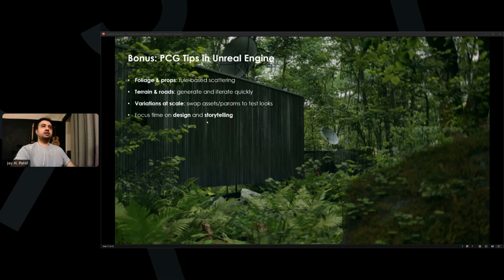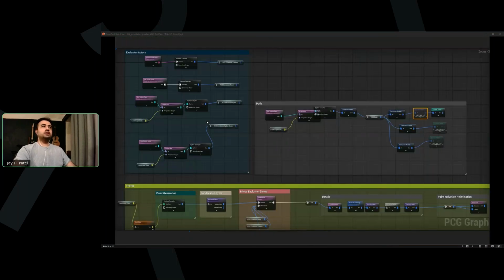So I'll show a screenshot of one of my blueprints I'm developing for PCG, and this section is the scattering section, which is maybe your trees, buildings, any other props.